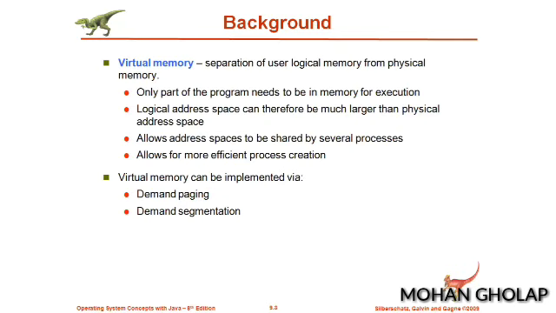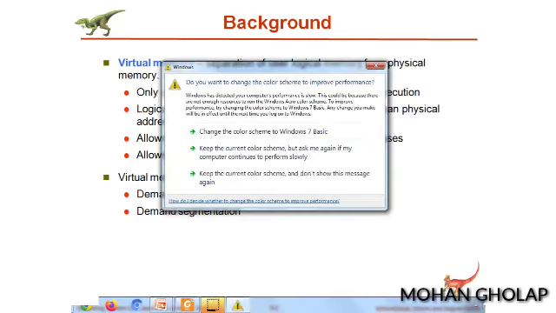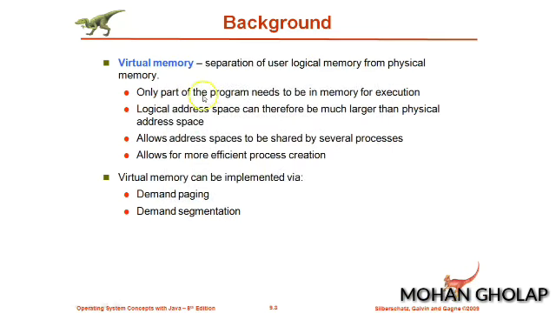We know that whenever we want to execute a program, the program will be present in secondary memory. In order to execute that program, the program is to be brought to the primary memory, and we know that the capacity of primary memory is limited compared to the secondary memory. So in order to help with this, we have the concept of virtual memory. As the name itself indicates, virtual memory is a logical memory. So you can consider virtual memory as a separation of user's logical memory from the physical memory.